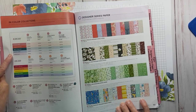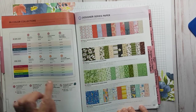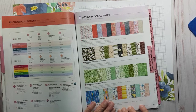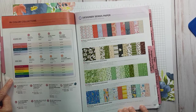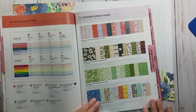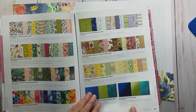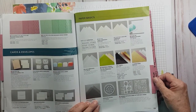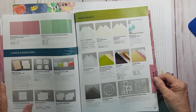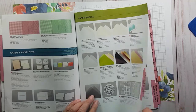So the in-color collections are the Rococo Rose, the Terracotta Tile, Pretty Peacock, which goes with the Peacock Suite, Seaside Spray, and Purple Posy. And of course, the 2018 to 2020 in colors have been carried forward. And again, you have the pages with all your designer series papers and the paper basics, glimmer, foil sheets, your envelopes. There's a new shimmer detailed laser specialty paper,